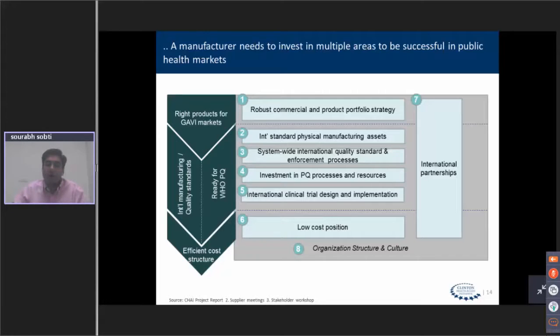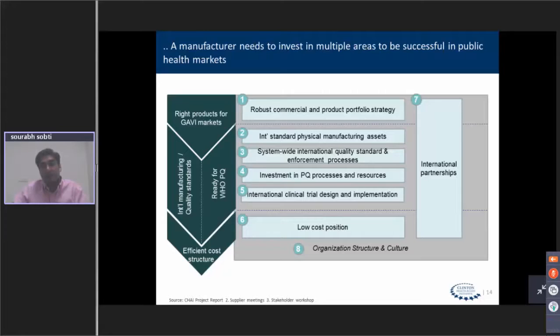The sixth pillar, we believe, which plays a key role for the success of a vaccine manufacturer, is having a more efficient or low-cost base. So being able to develop or produce a vaccine at a lower price gives them a huge advantage as compared to other peers, and also puts them in a more advantageous situation as compared to other suppliers when they bid for competitive tenders. And one way we've noticed a lot of suppliers do that is when they are able to allocate large production capacities by splitting their production capacities between public and private health markets.